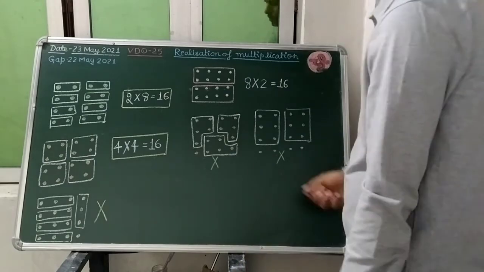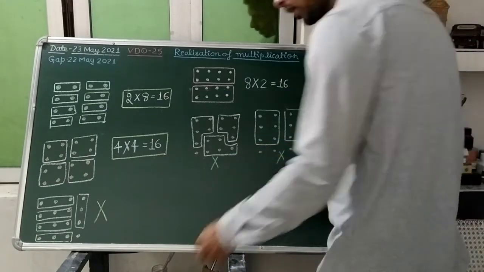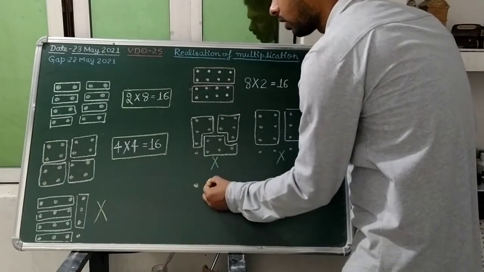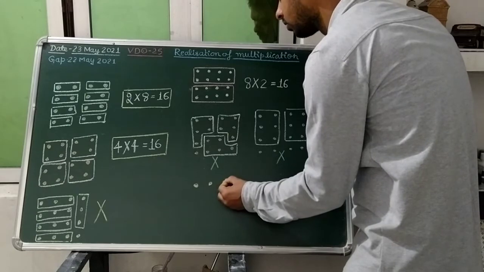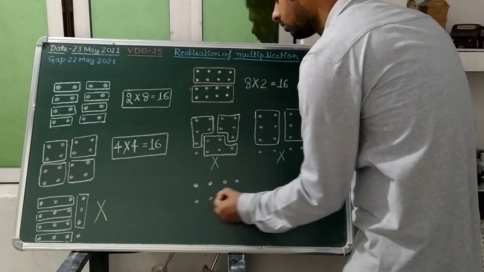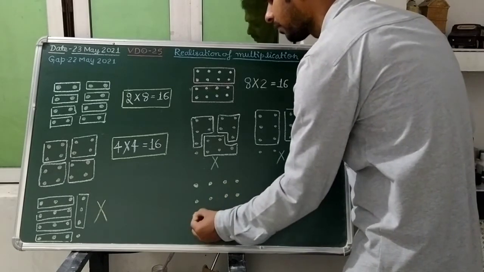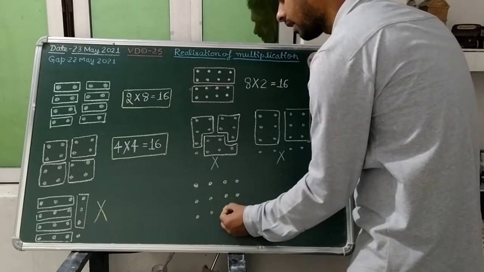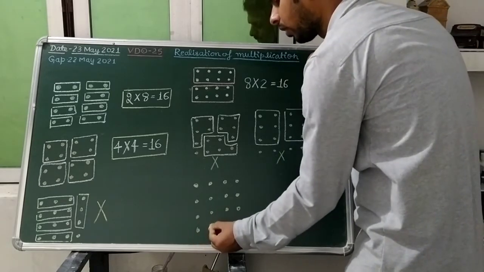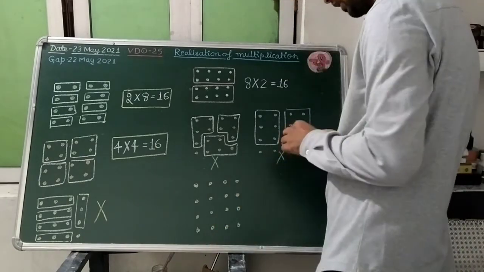Some dots will be left, so we will not talk about that. And once again, if you want to observe groups of 7 dots, what will you get, students? How many groups can we have? 7 2s are 14, so there will be 2 groups of 7 dots, and how many dots will be left? 7 2s are 14, so 2 dots will be left only, isn't it?